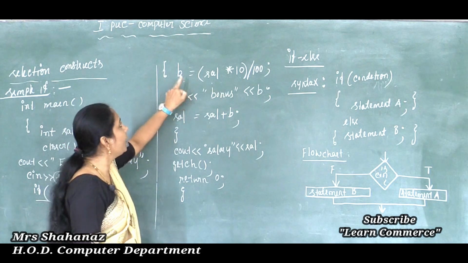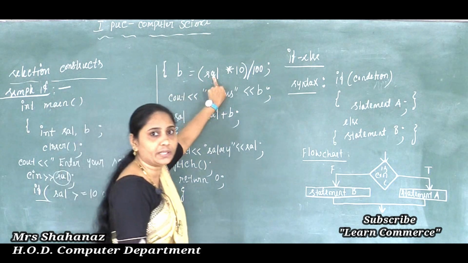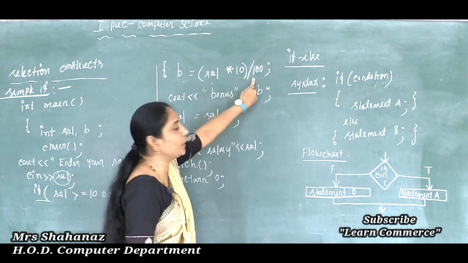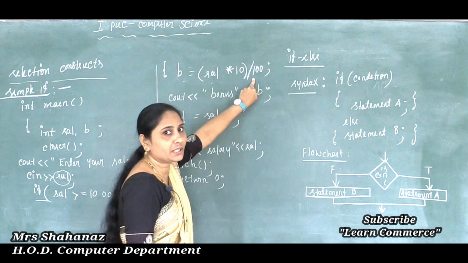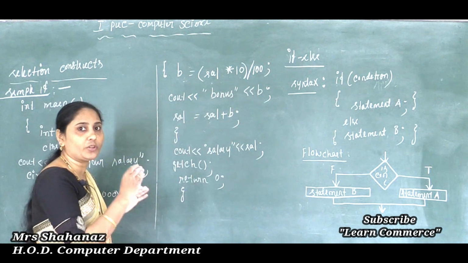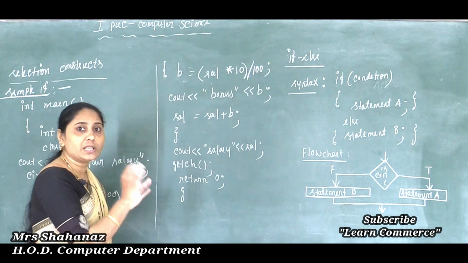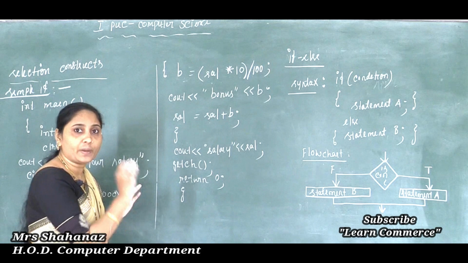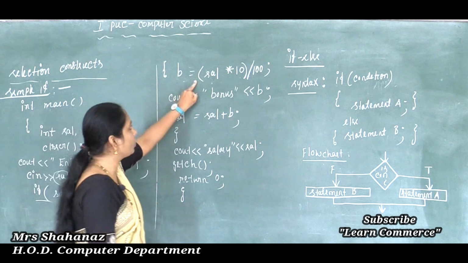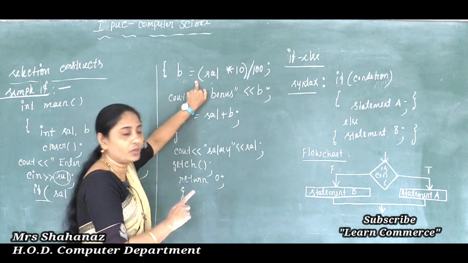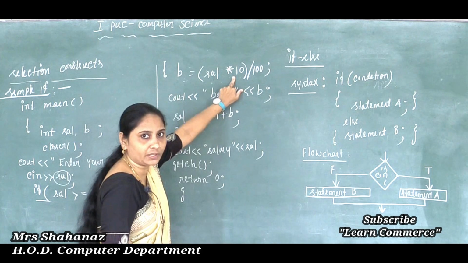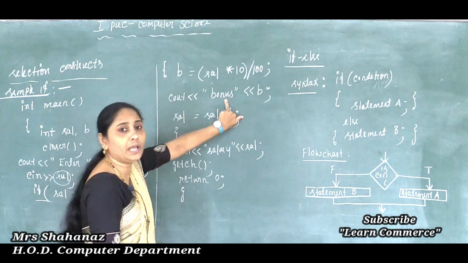The statement is that now I am going to make the calculation of the sal. The calculation of the sal is sal into 10 by 100. Clear this point? So such a calculation is going to start when the salary, whatever number you input into the variable sal here, satisfies the condition. If the condition is true, then only it is going to make the calculation. Clear this point here? So the calculation is sal into 10 by 100, and after the calculation it is going to display the bonus amount.